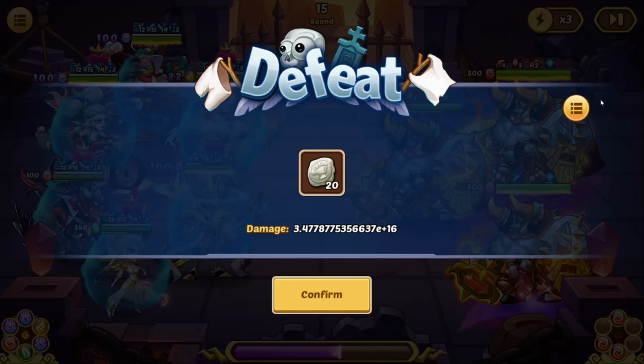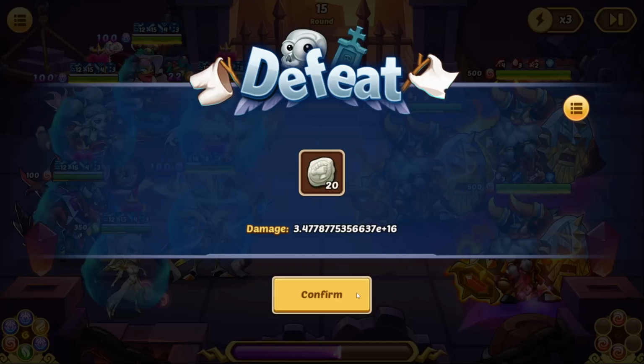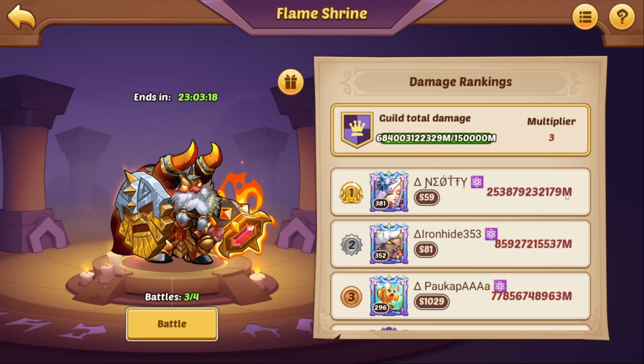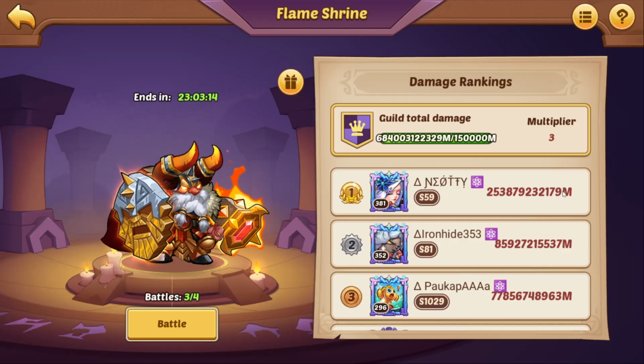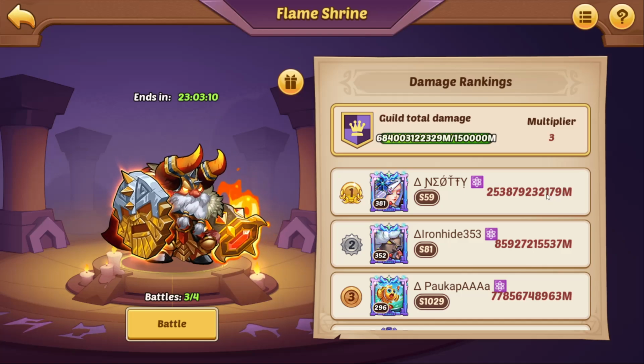But yeah, that's a lot of damage. It's plus 16. So we've seen plus 14, 15, and now 16. Yeah, everything's coming from Geester. Yeah, how much is that? This is million, by the way. So this is, that's